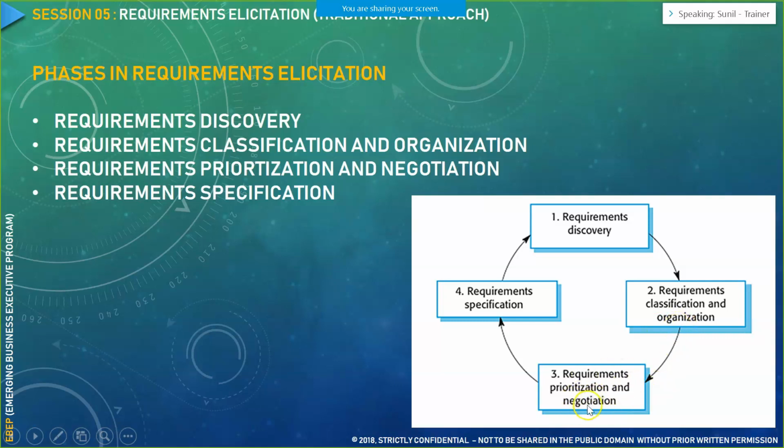After that, we have to do the prioritization and negotiation. Now, prioritization, as we know, we do the ranking technique to prioritize the requirement, like which is the top ranked feature, which is the least ranked feature, or which is the must have, could have, should have, would have feature. And after that, we do the negotiation. We ask different stakeholders what is your viewpoint around the priority of this requirement. And after that, we do an accumulation of it and we associate a rank based on it. So that is the third phase in that particular requirement elicitation process.